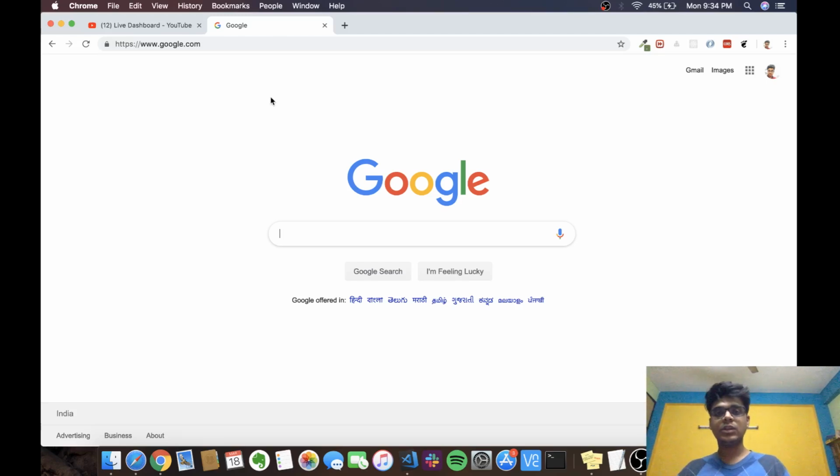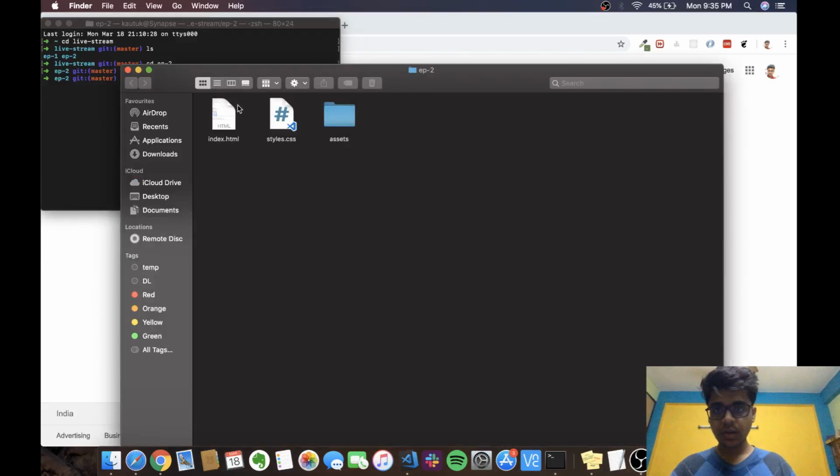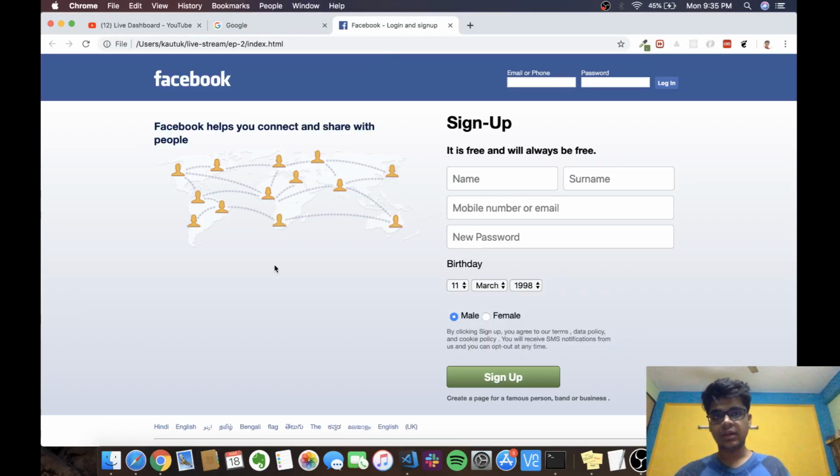So let's begin with the quick recap of CSS and what we built last time. So I'll just open what I built last time. Terminal, just go to my folder, and it was episode 2, and I'll open it here, and I'll just drop the HTML right here. So basically in the last stream we created this Facebook sign up slash login page from scratch using HTML and CSS, and I have the videos in the channel, and